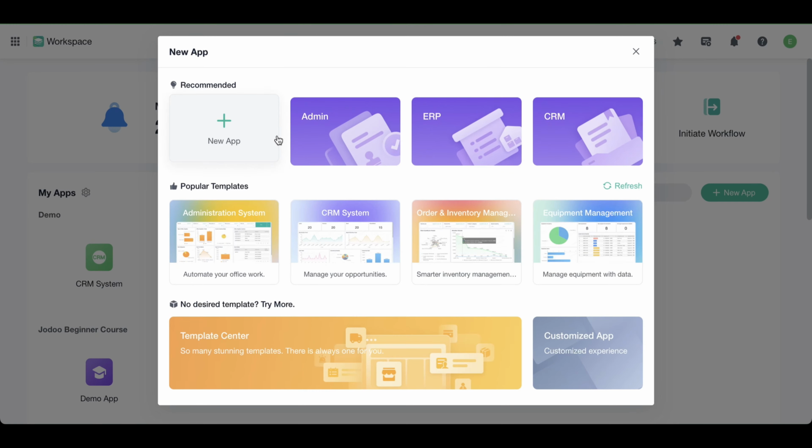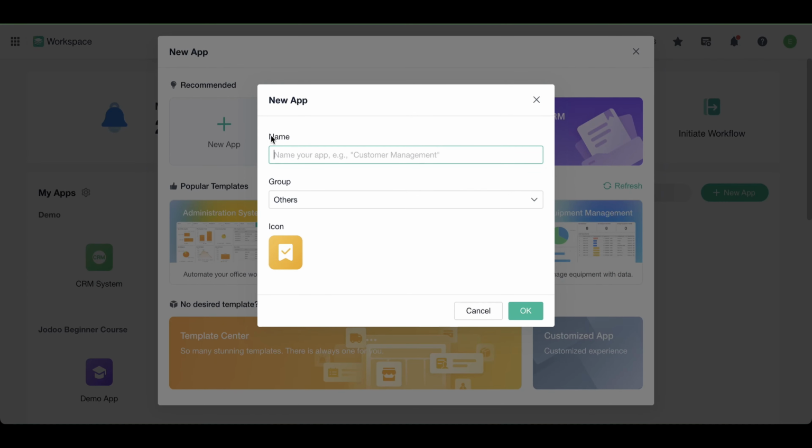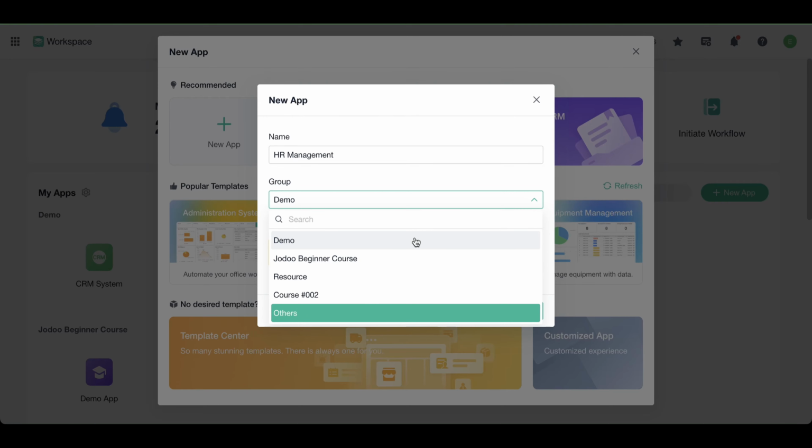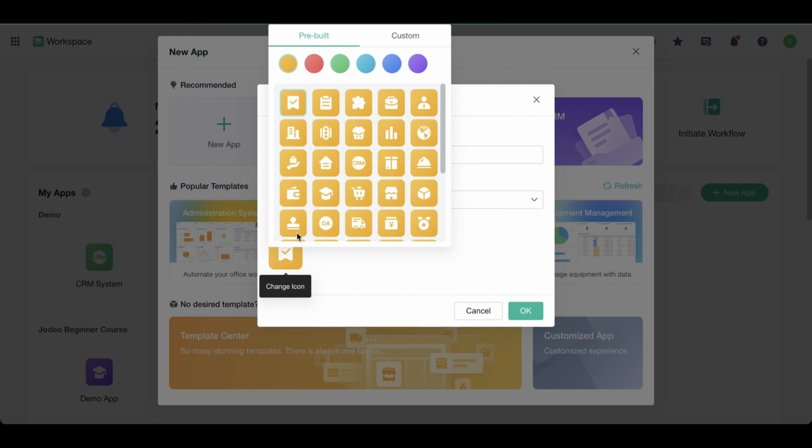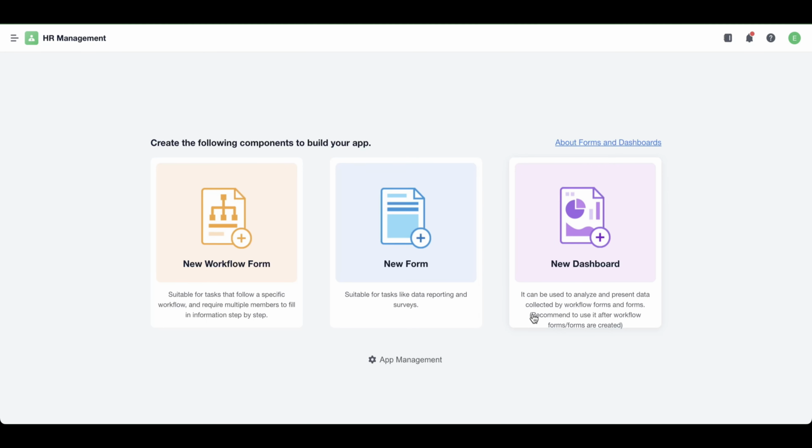Now there are multiple ways to get started with Jodoo. I can start from scratch or start with a template. If you want to start from scratch, click the new app. Now it's asking me to name my app, so I'm going to call this Human Resource Management, and I'm going to select a group for this app, change the color, and customize the icon. And we can go ahead and get started with creating forms and dashboards for each project or process in this app. If you want to start with a template instead,